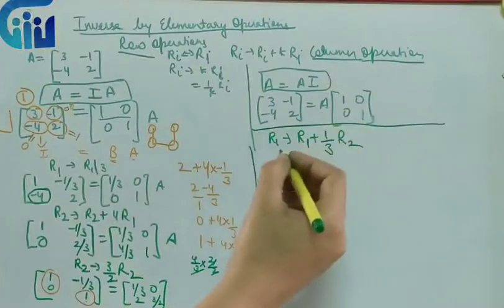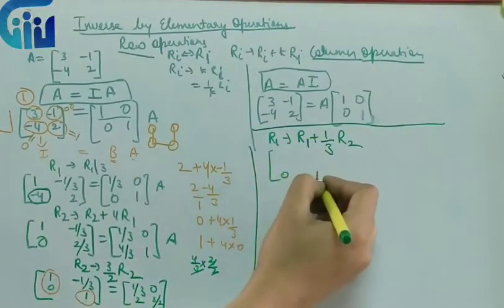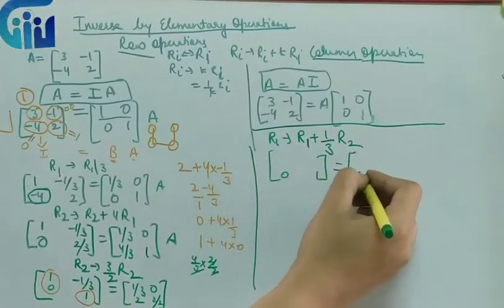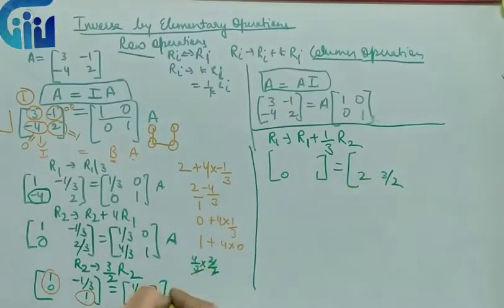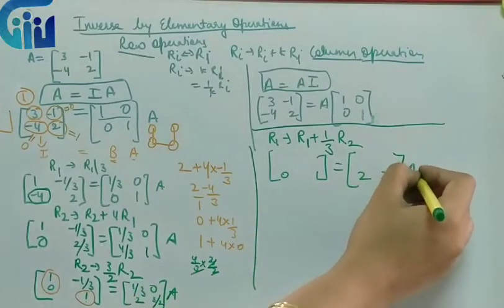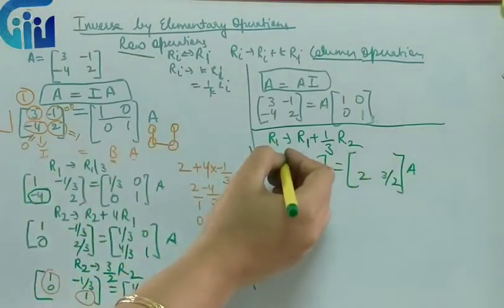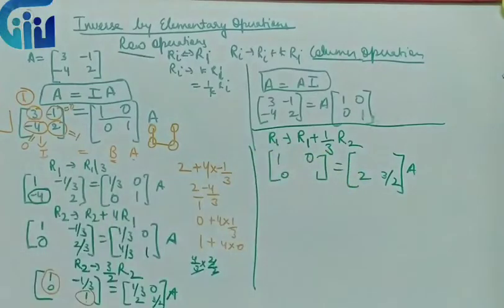Now I will write my R2 as it is. Let us quickly write R2 as it is. This A will be there intact. Now R1, this will not change. This will be 0. Don't waste your time thinking about this particular thing. Now for the next two elements, we will do the calculation.